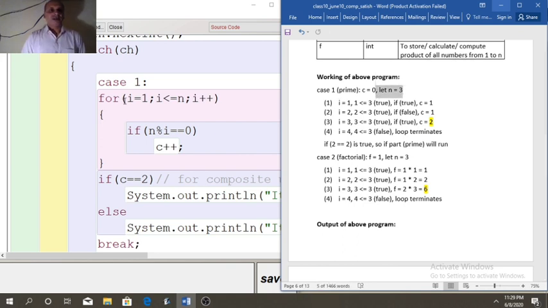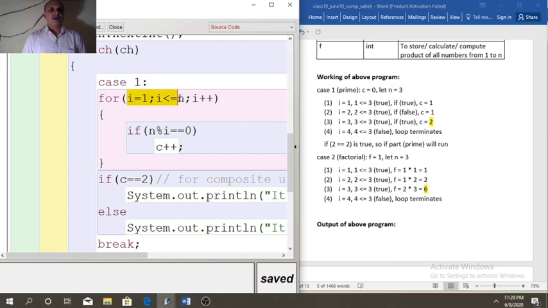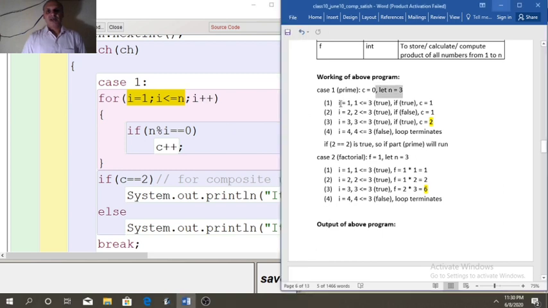So in this case, the outer loop will run 3 times, 1, 2 and 3. So you can see here, first time when i is 1, 1 less than or equal to 3 true. Now the if condition is also true, it means 3 is divisible by 1. That is why C will update, so C will become 1.